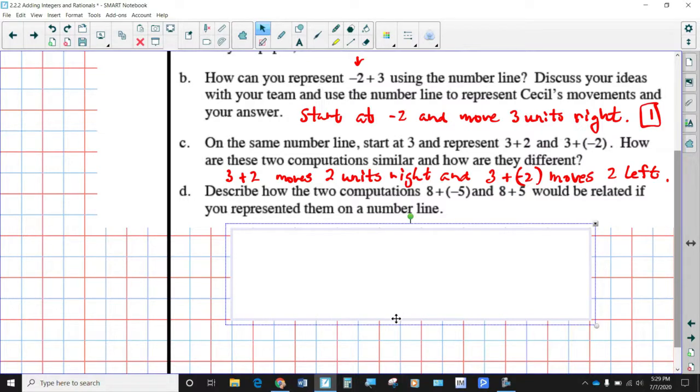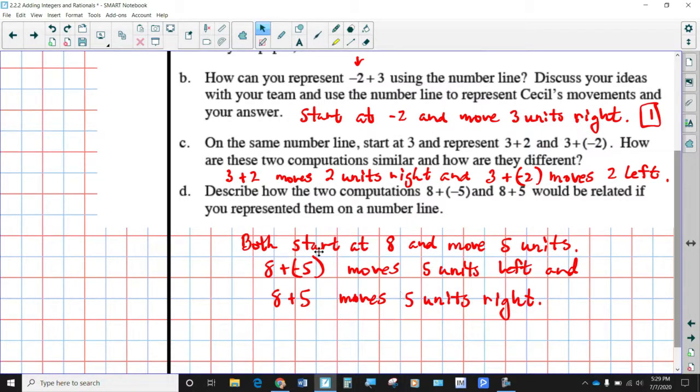All right, so what is your response? Both of them start at 8, correct? And both of them move 5 units. It just so happens that -5 means you're going to move 5 units to the left, and +5 means you're going to move 5 units to the right. Okay, so we are throughout 7th grade going to be adding positive and negative numbers together quite